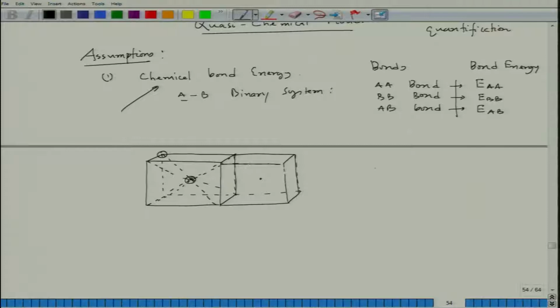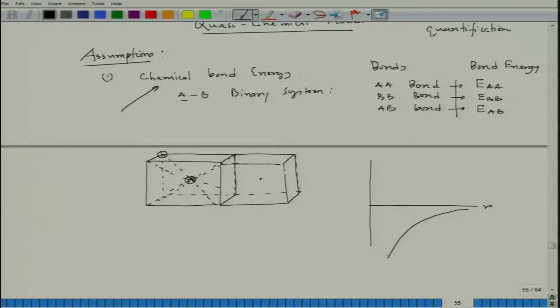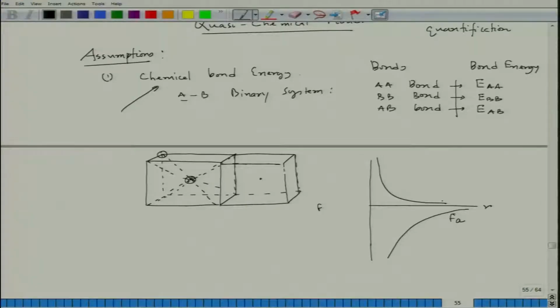And when we consider chemical bond energy as per the classical situation, this is the r distance. If one atom is taken from infinite distance towards another atom, then I will get an attraction force. This will be my attraction force, FA. This is the force part, and then as the atoms come very close together, the outer electrons will start interacting, and then there will be repulsive forces also. So, the repulsive force would act like this. This is FR,